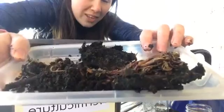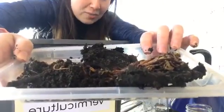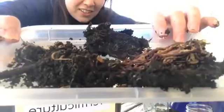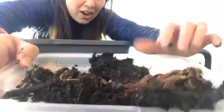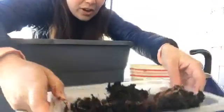They're a little bit moist, so that means a little bit wet, a little bit dry. You can see them moving around. Yeah, these red wigglers are doing such a good job decomposing. Awesome. Good job. All right, so I'm going to let them hang out right here today